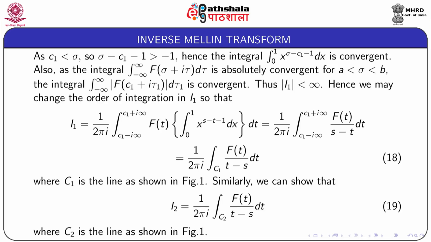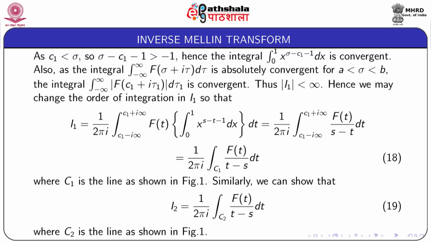Now, as c1 is less than sigma, sigma minus c1 minus 1 is greater than minus 1, hence the integral from 0 to 1 x to the power sigma minus c1 minus 1 dx appearing here